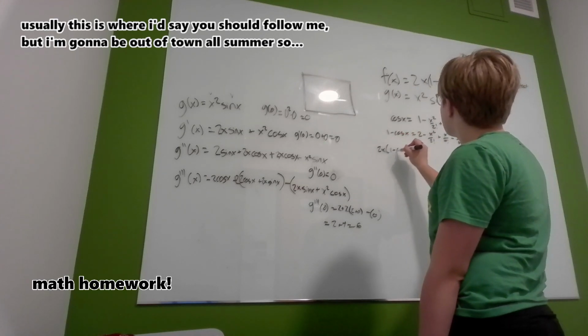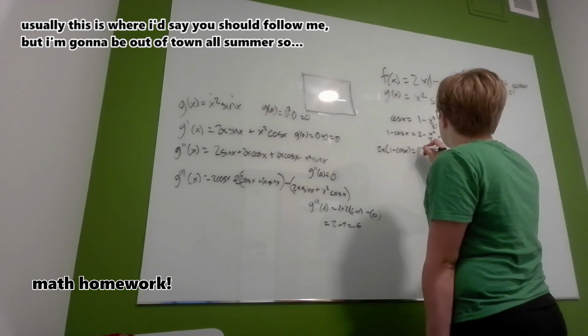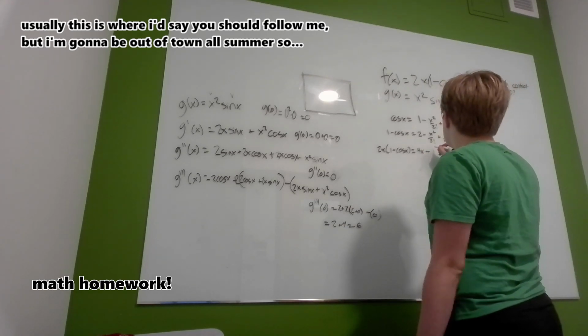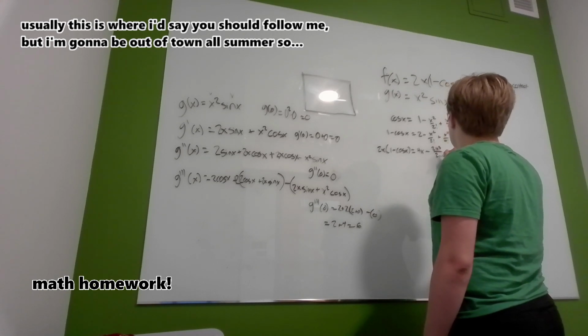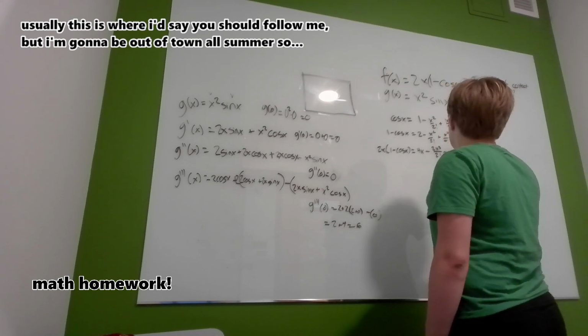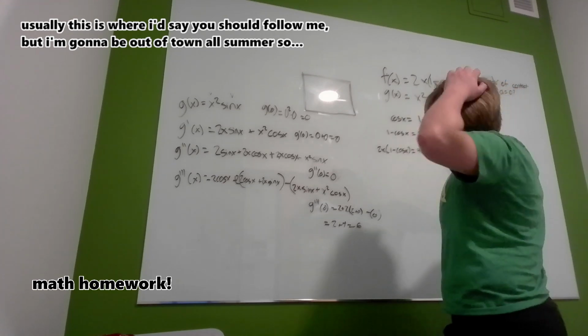2x times all that is going to be 4x minus 2x cubed plus x fifth over